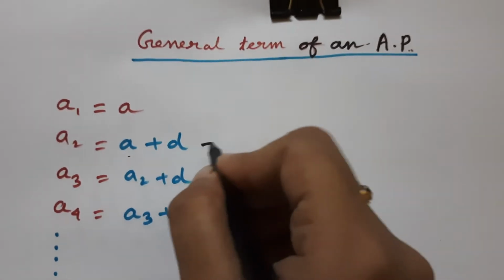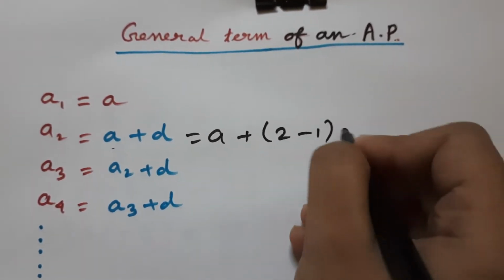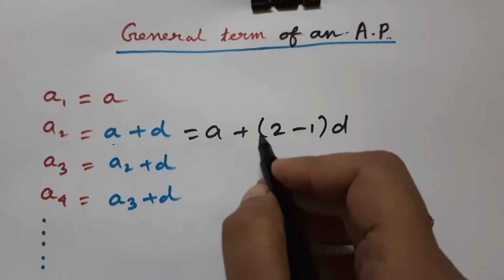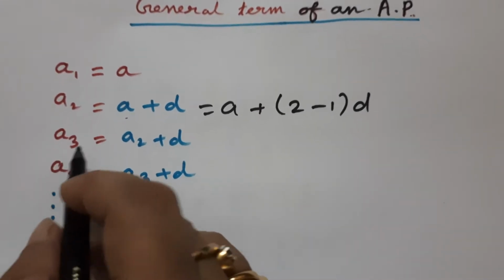And A plus D equals A plus (2 minus 1) into D, because 2 minus 1 is 1, that is 1 into D is D, so it is A plus D. And the third term is